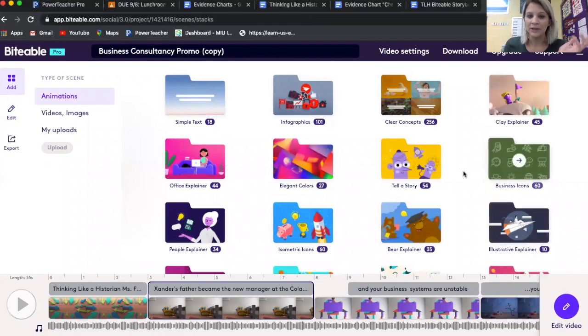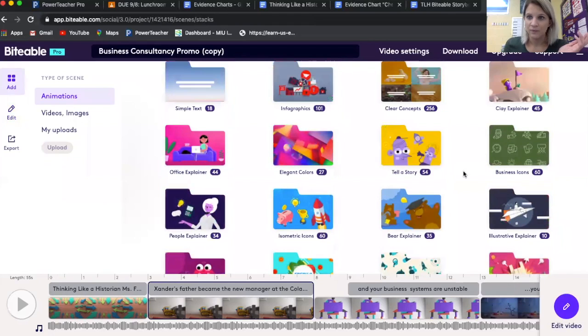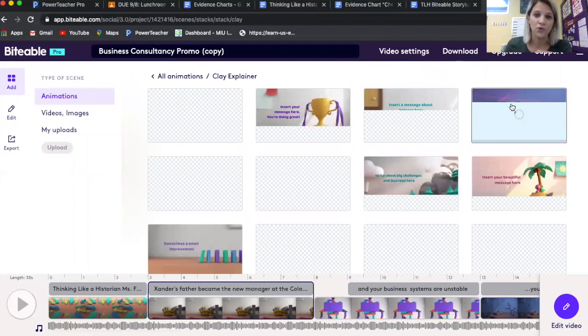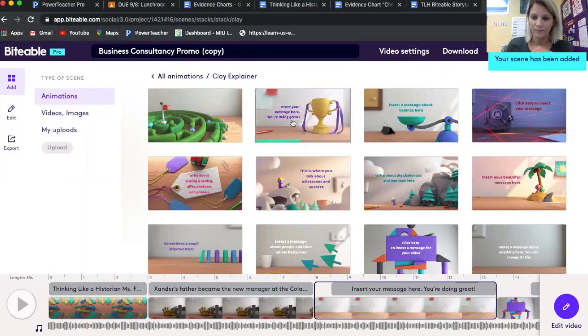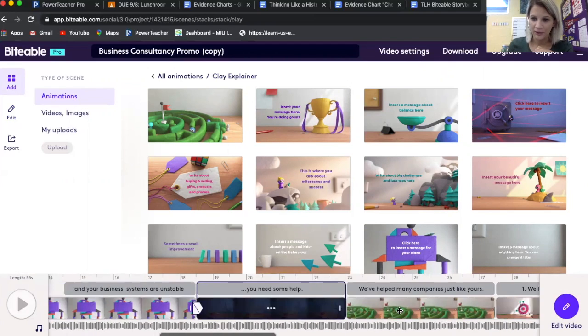In here, it has a bunch of different templates you can use. You can mix and match templates, or you can continue with the same template. It is up to you. I encourage you to explore on here. And then you can just click, and you'll see that bar loading. When the bar is finished loading, you will see that it is included.